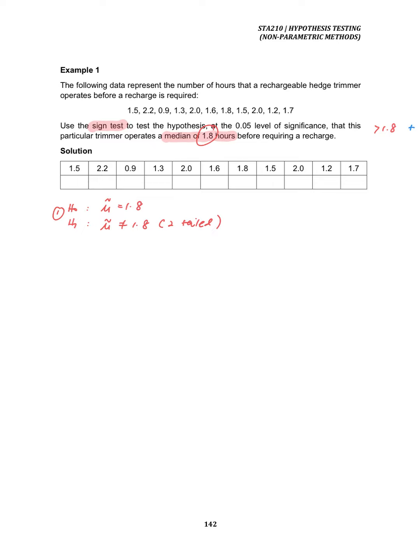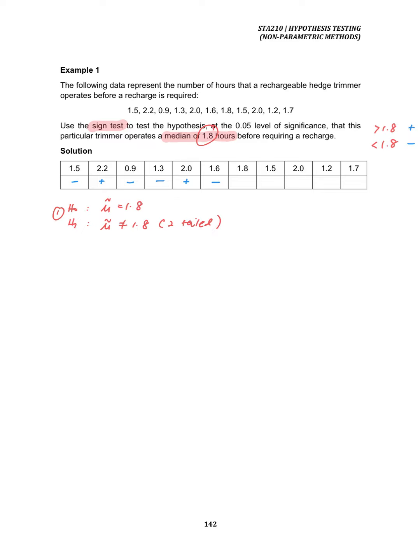Okay, if your value is less than 1.8, we will replace it with the symbol minus. Okay, now we will look one by one. So 1.5 is less than 1.8, so meaning that we should put a negative sign here. Okay, minus sign. 2.2 is more than 1.8, so this one is plus. This one is minus, plus,